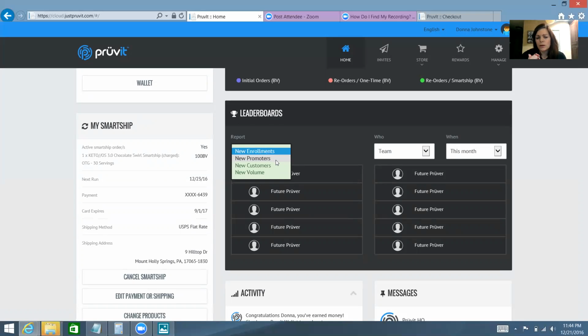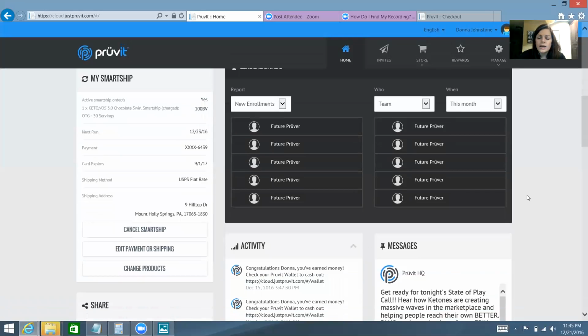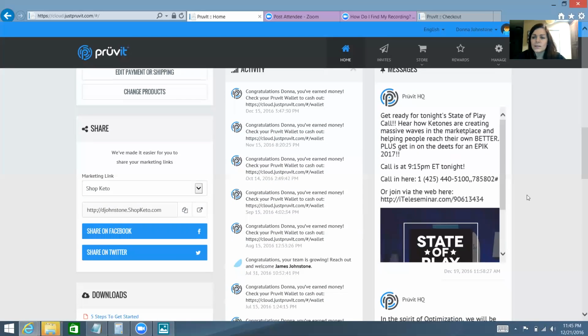New enrollments is anyone. New promoters obviously breaks it down into how many of those enrollments are promoters, how many are customers. And then same thing over here, team is the first 3 levels, and community is everyone under you, and then the amount of time. And then when you log down here, I know as a new promoter, this can be